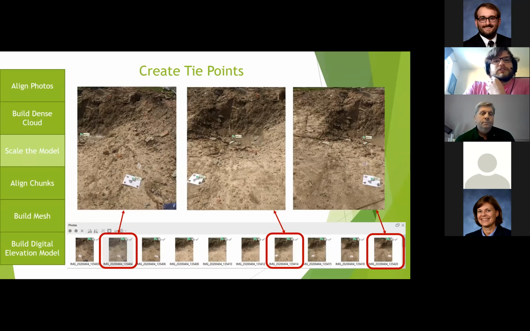And then here you're creating the tie points for all of your points. So what you do is you can just go look at each individual image that created your point cloud. You can set a tie point onto your target, and the software links all of the images and recognizes where you're trying to place all the points. Any time one of those targets appears in a photo, it tries to locate that tie point that you're creating. Then you can manually go through each image and make sure that the point is located properly.